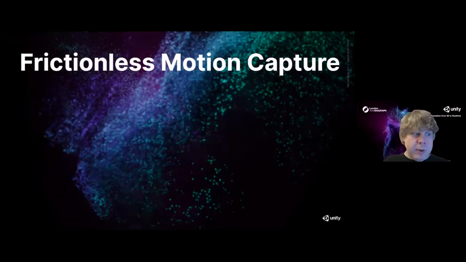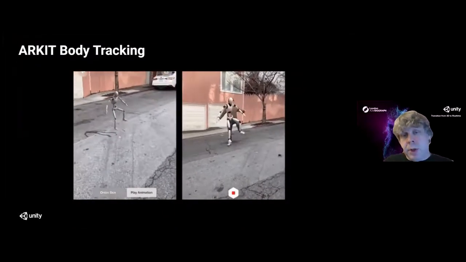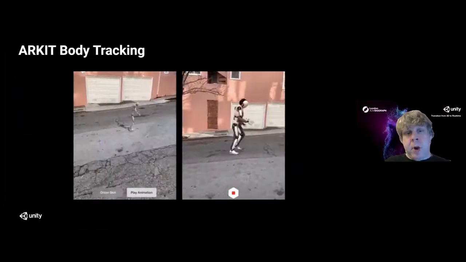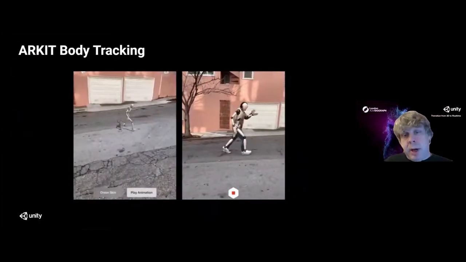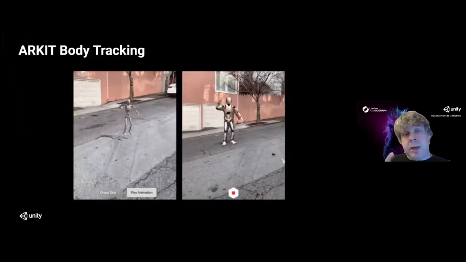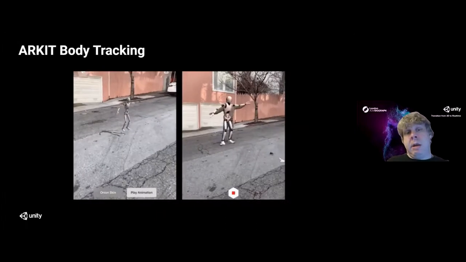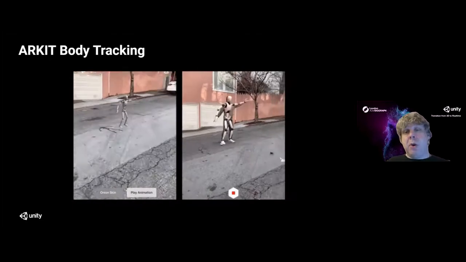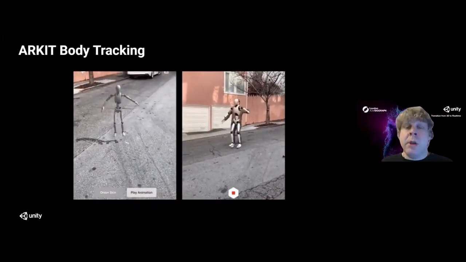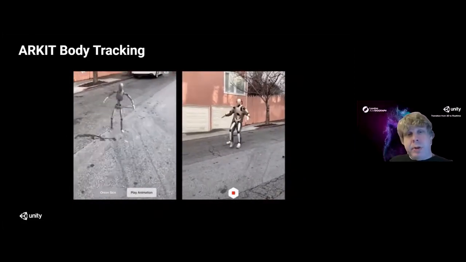And this is what I think is really exciting, and why I incorporated AR into this. My colleague Dan Miller made this, and he basically made a frictionless motion capture setup. He took ARKit, which has body tracking in the newest version, and he's generating motion capture data based upon video content. He's recording this content, and he can take it into Unity and retarget it onto characters. That's exciting. Motion capture has gone from the world of a $200,000 motion capture stage to recently an inertial suit like a Xsens or a Rokoko, but now you can just use your phone.